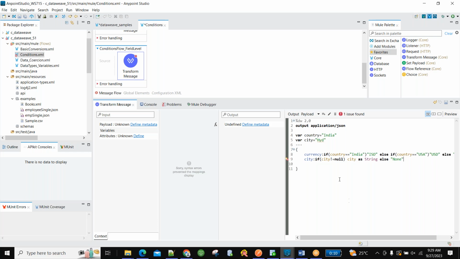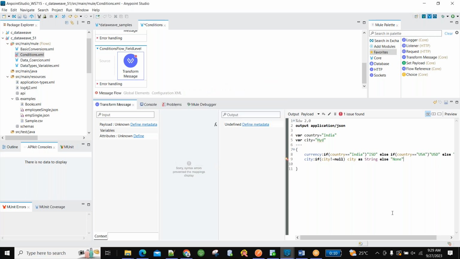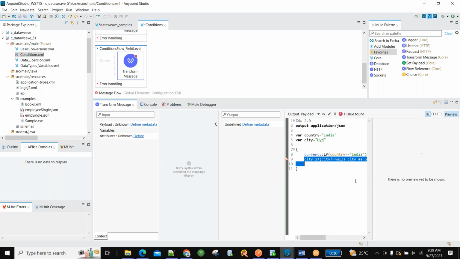Okay, so what is the issue? Some issue it is saying invalid. Okay, first we will check with one thing. I'll go for preview. I'll check if I could see the result.